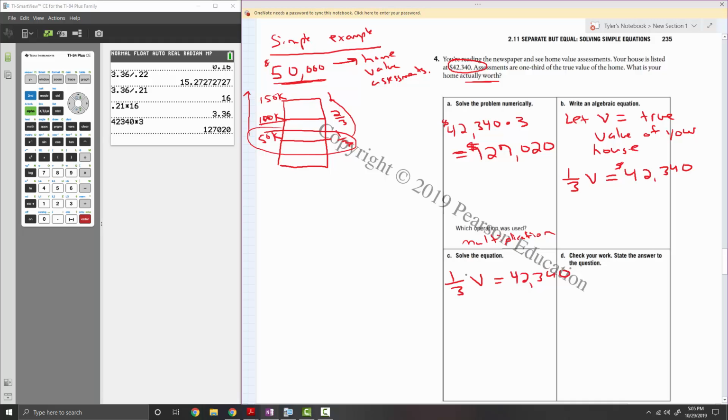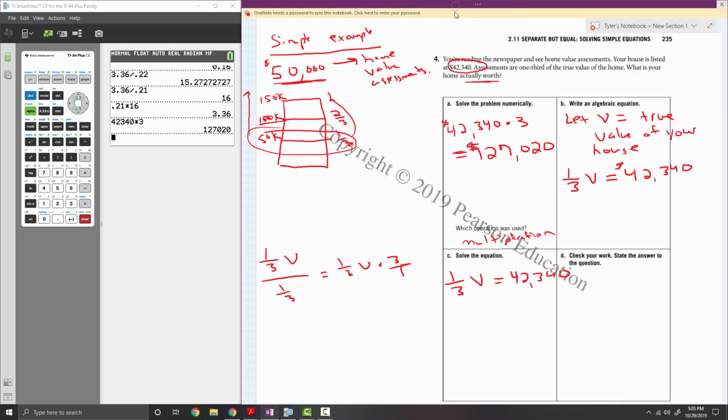I would want to divide both sides by 1/3, right, to get rid of this coefficient, make it 1. But dividing by 1/3 is the same thing as multiplying by 3, right? If I have 1/3 V divided by 1/3, that's the same thing as 1/3 V times 3 over 1, right? Because when you divide fractions, you multiply by the reciprocal, right? And 3 over 1 is just 3, right? So one thing I could do to solve this,